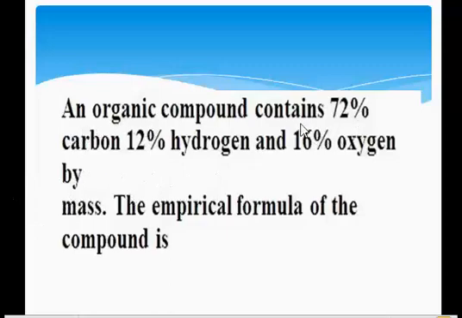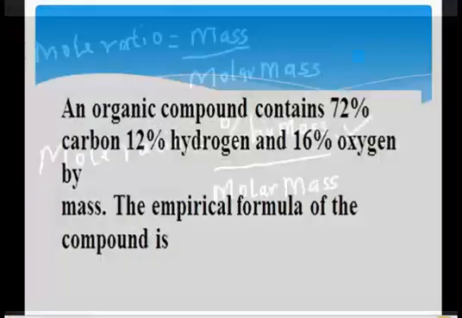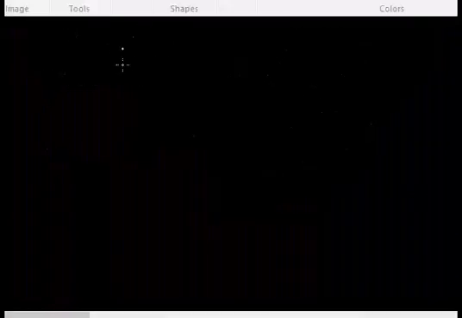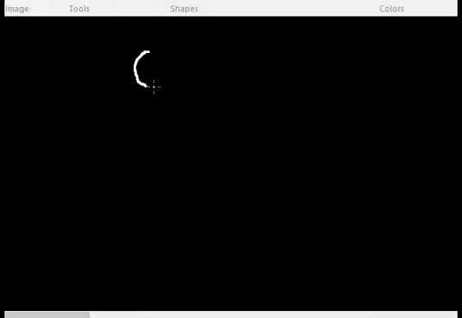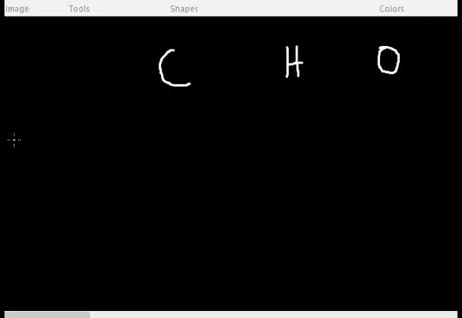Now the question goes like this: an organic compound contains 72% of carbon, 12% of hydrogen, and 16% of oxygen. So which simply means that this organic compound contains carbon, hydrogen, and oxygen. So the question is, find the empirical formula. So I need to get the mole ratio of these three elements. So I need to arrange it in order: carbon, hydrogen, and oxygen. So I need their mole ratio. All right. So mole ratio is